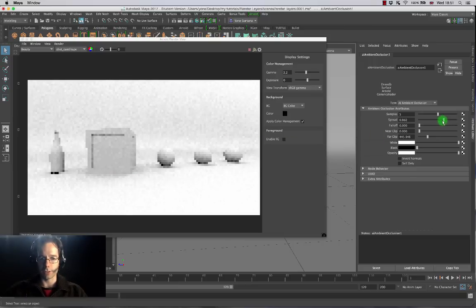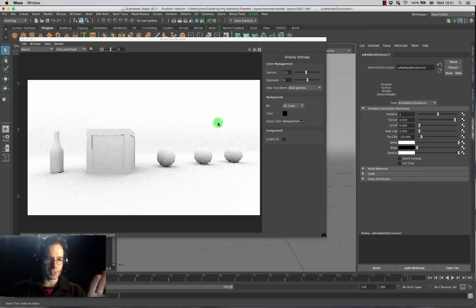So I'm going to come over here, and actually I don't really want to see that, so I'm going to take, whoops, not the spread, but the far clip. I'm just going to bring it down to a value of about 100, maybe a little bit less. Nope, that's too much. There we go. I'm going to do it there for about 120, seems like a good number. There we go. Okay, and if I wanted to do any other changes, I could do that as well and colorize it as I want. But that's the effect that I'm actually looking for, so I'm quite happy with that